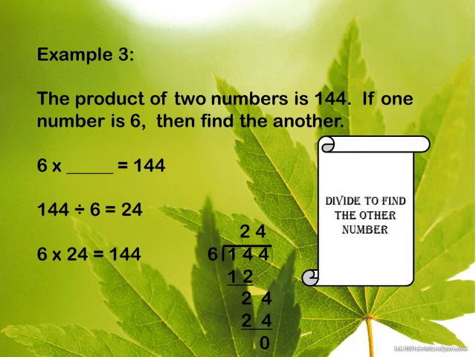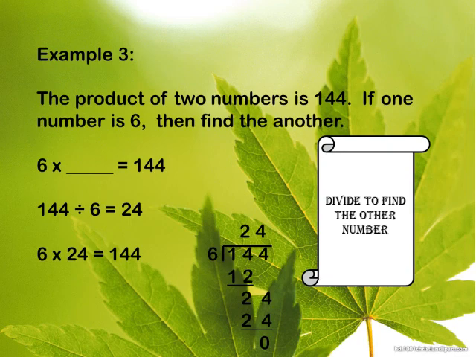So how do you find out? Here, when you multiply two numbers, the answer in multiplication is called the product, right? So when you multiply two numbers, you get the answer as 144. One of the numbers is 6, that is, one of the factors is 6. The other number is missing.